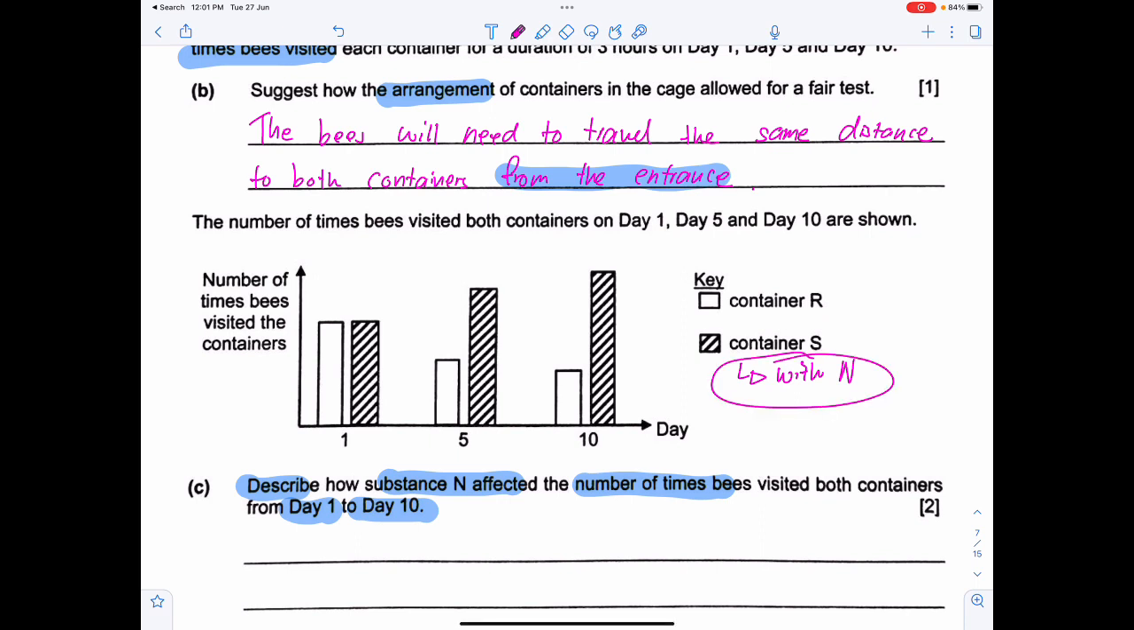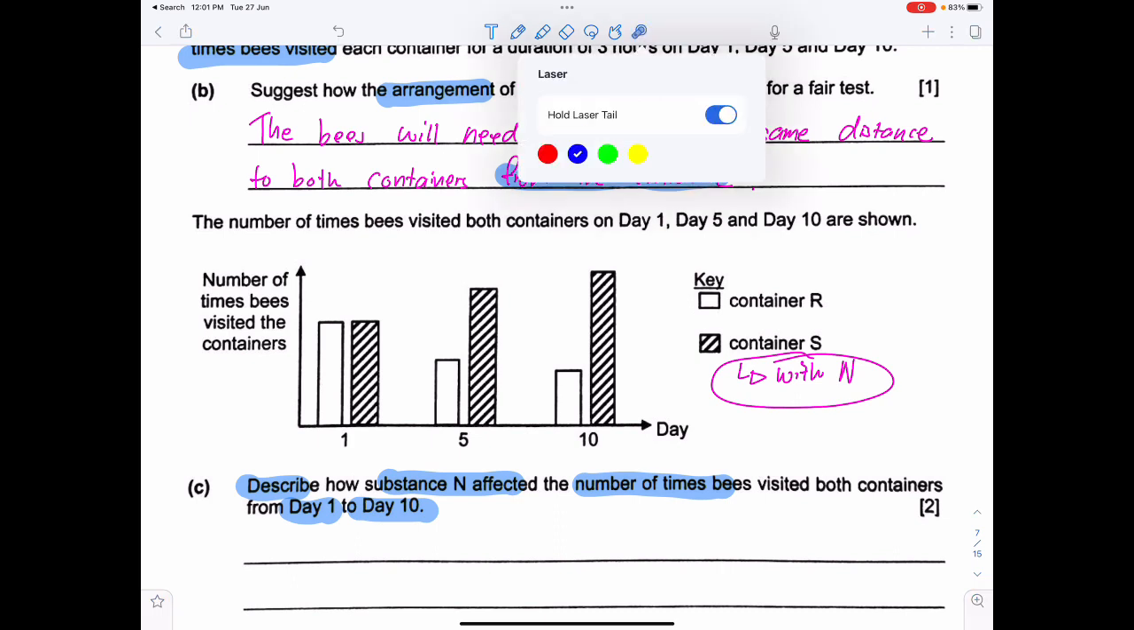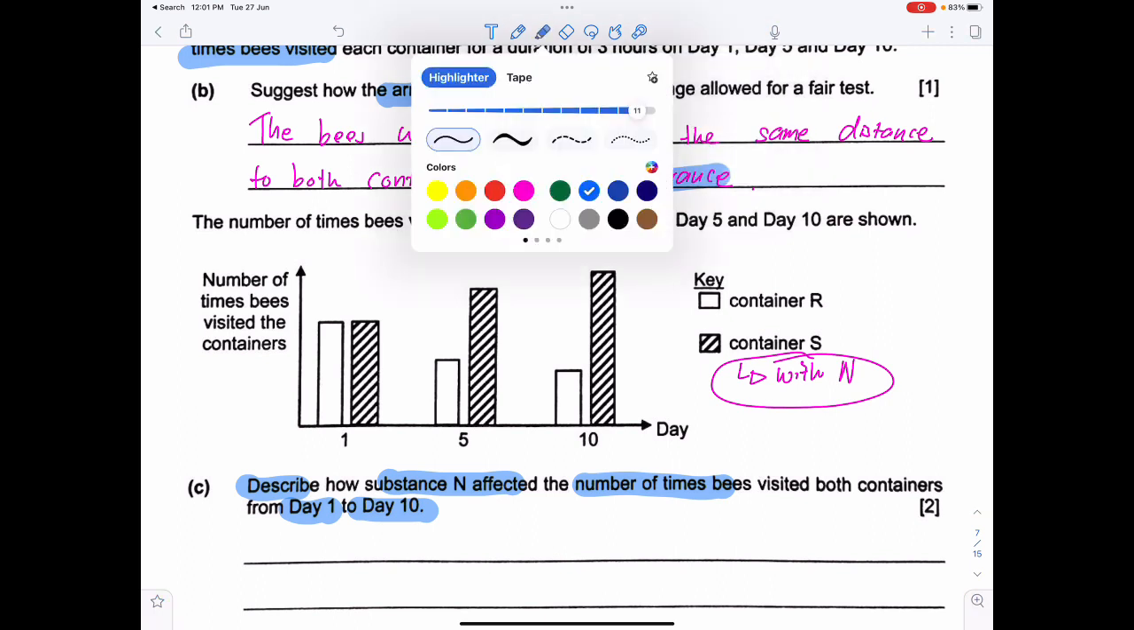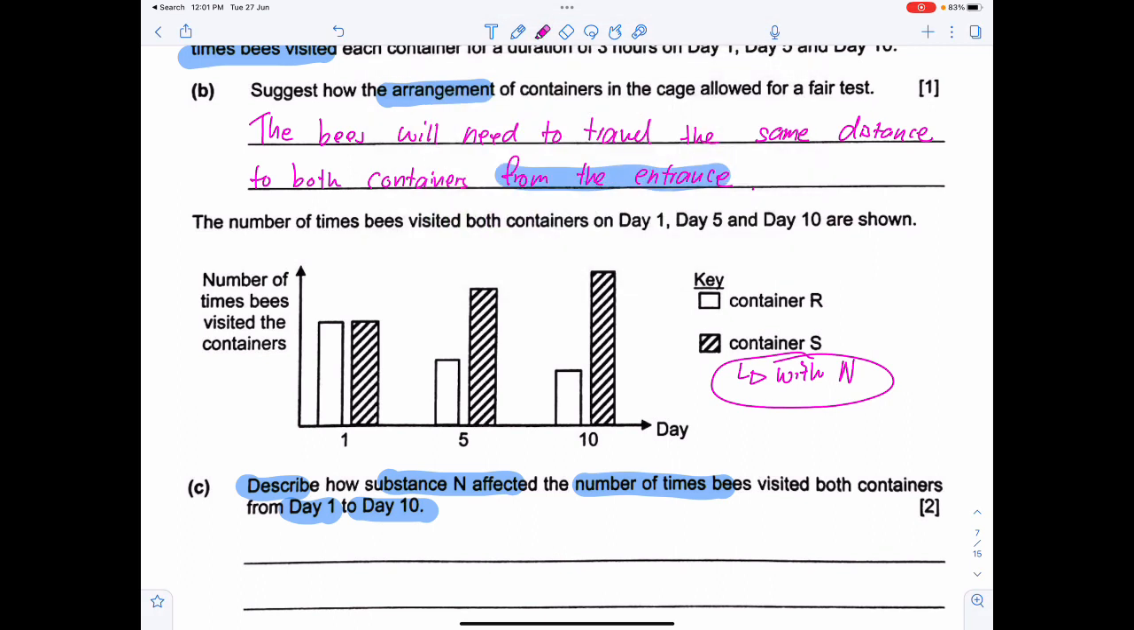Now, many of you just straight away say, oh, N increases the number of times that the bee will visit container S from day 0 to day 10. But this is not the case. This is absolutely not the case. If you realize, there are actually two trends here. The first trend, which I'm going to use a pink highlighter for, is the first pattern, which is that what? On day 1,